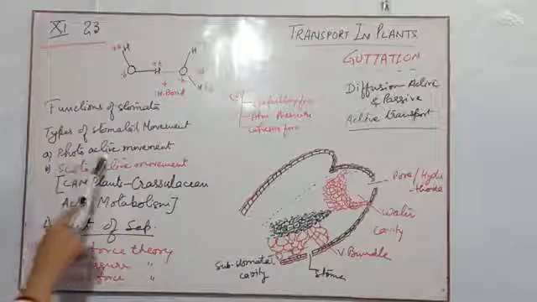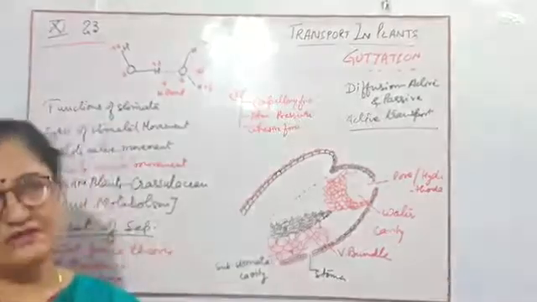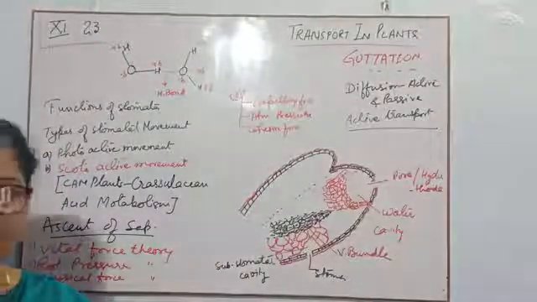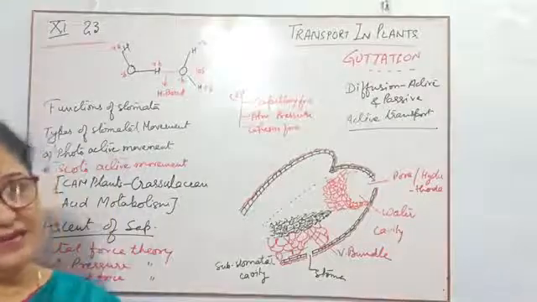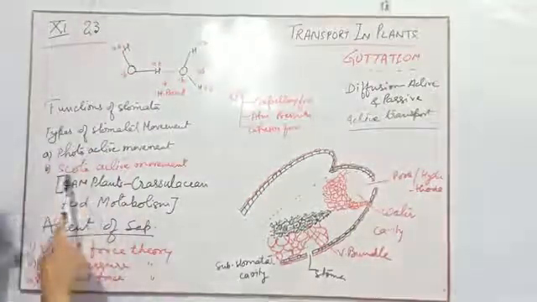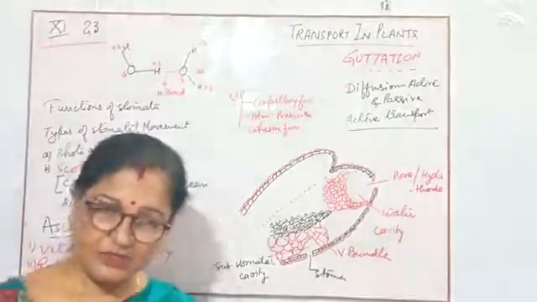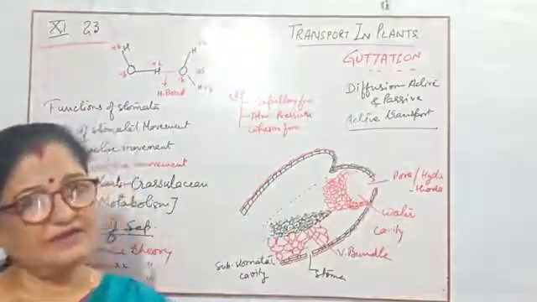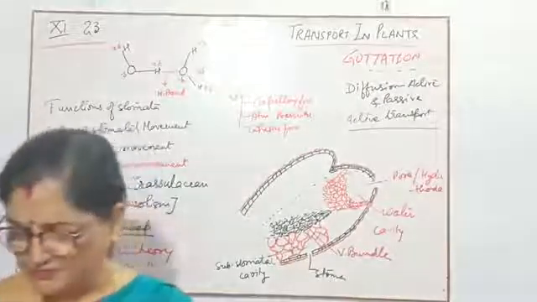One is photoactive movement. As the name suggests, photo means light. That means when light is active, then the stomatal movement will take place, that means they can open their stomata. So photoactive movement occurs in those stomata which are active in the daytime. So this is one type of stomatal movement.